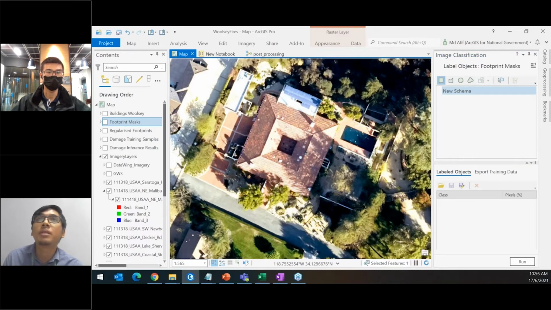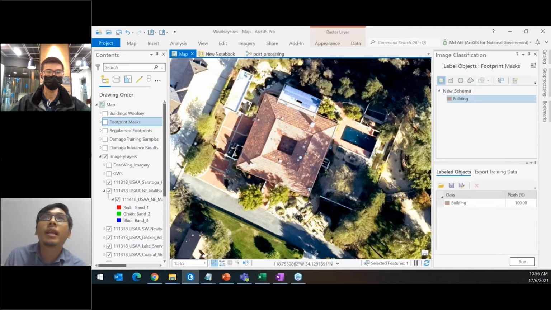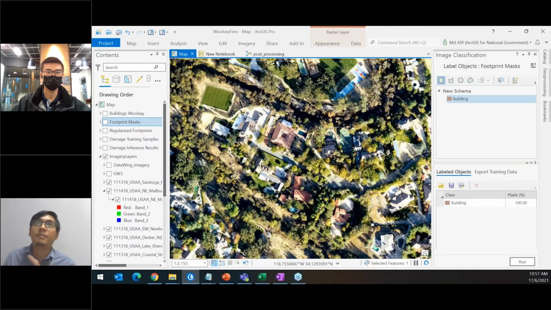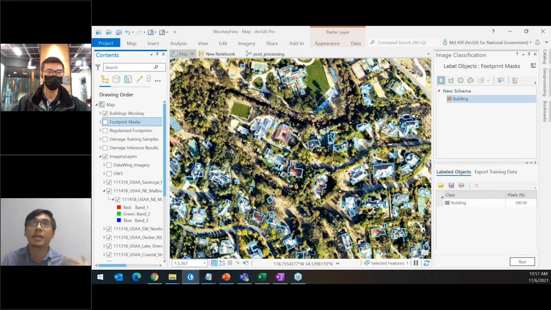Under Label Objects for Deep Learning, we start to label up our buildings. Let's say this is an example, I classify this as a building. Then let's say I've digitized the whole area. This is how the sample looks. Maybe it can come from ready data. So once we have this data,